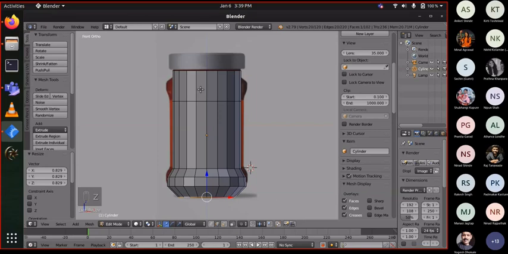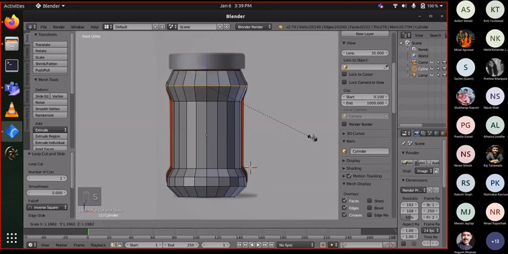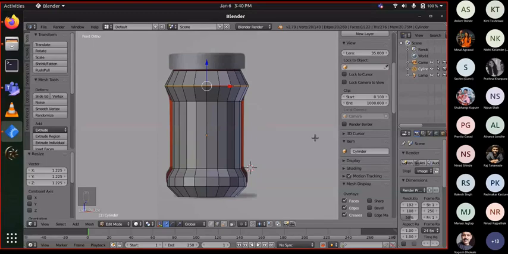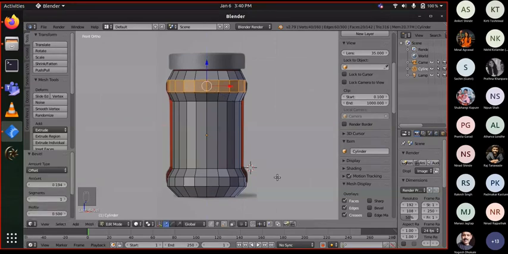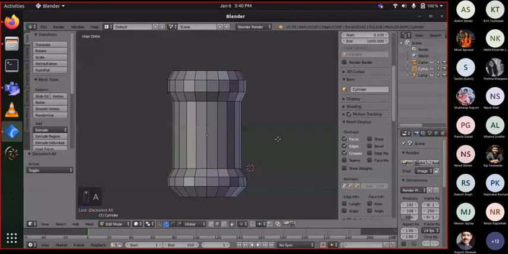Now let's come back and do the same process on the top over here. We'll just add an edge loop, scale it so that it fits the image, and bevel it again so that we have a more rounded shape. So this looks good